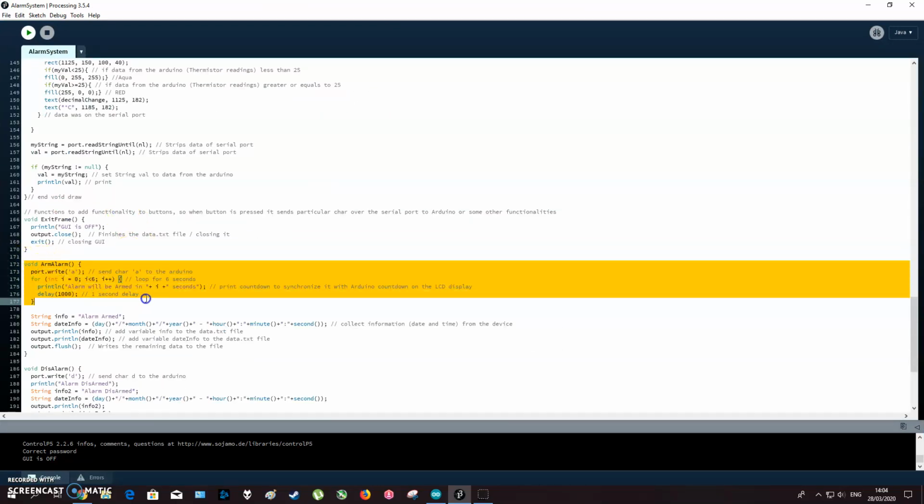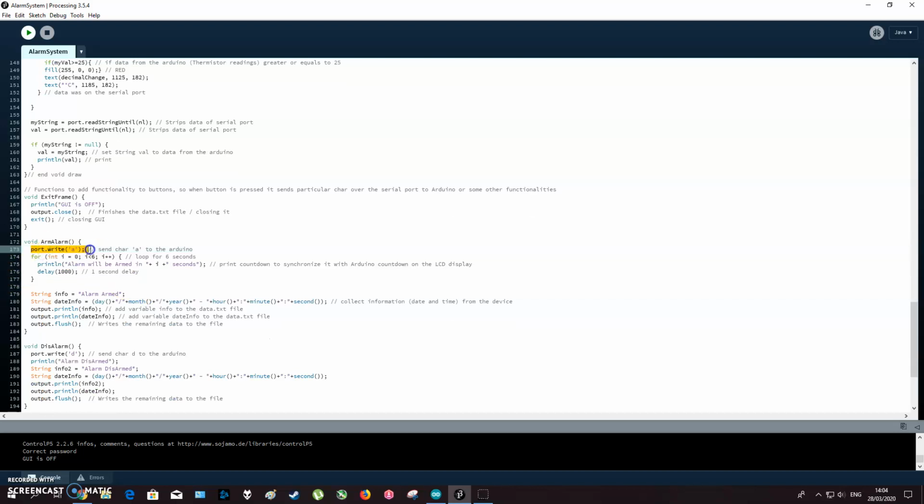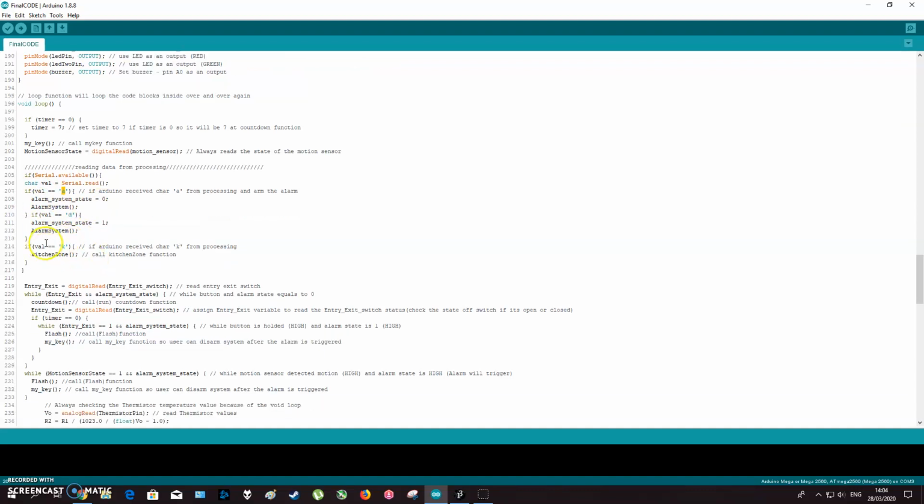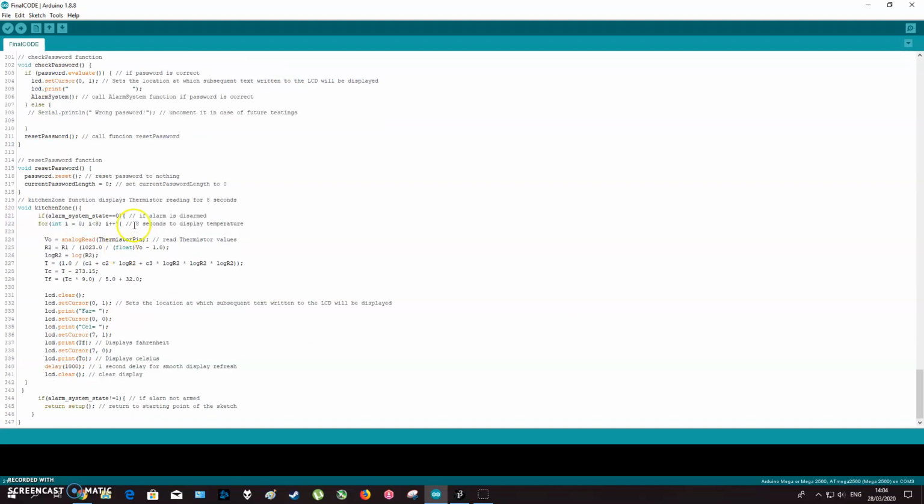Here, this function to arm the alarm, port write that char A. So it's writing or sending A to Arduino. Here Arduino checks if it's A, do this, if it's D, do this. Pretty simple. If it's K, it will call kitchen zone. Kitchen zone, this block here,